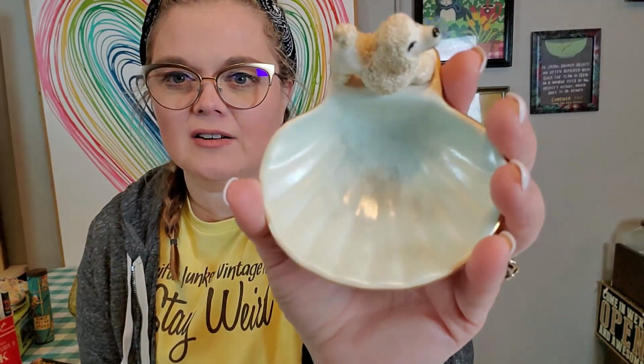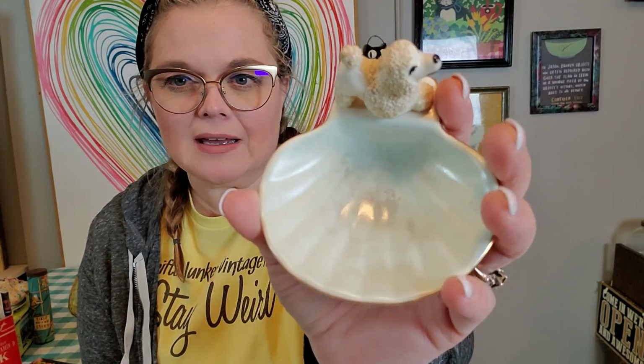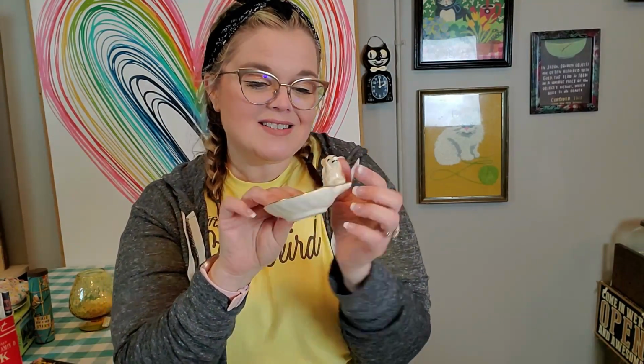But the inside of the shell is a seafoam green color. I don't know if the camera's really picking that up, but it's seafoam green. It's really cute, the little poodle on there. You can put your rings in here when you're washing your dishes. All right, and then I got